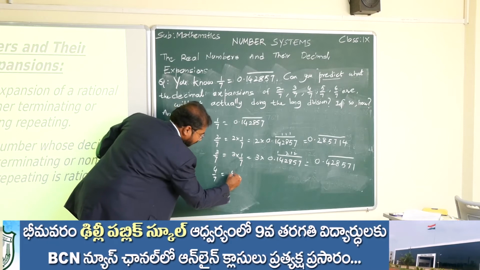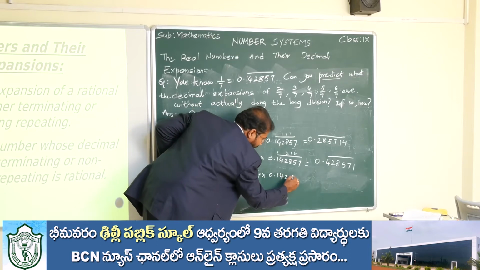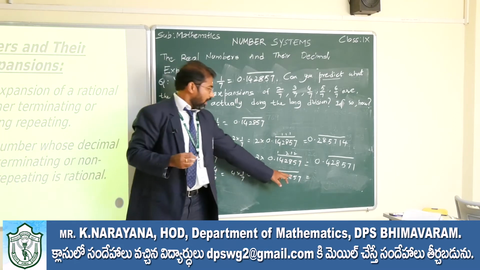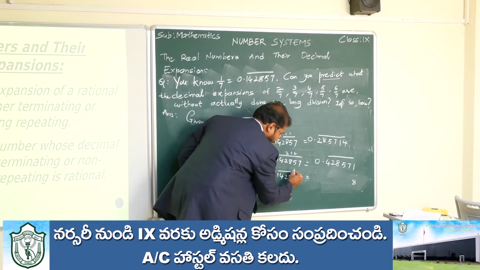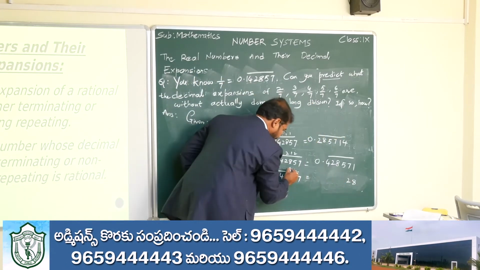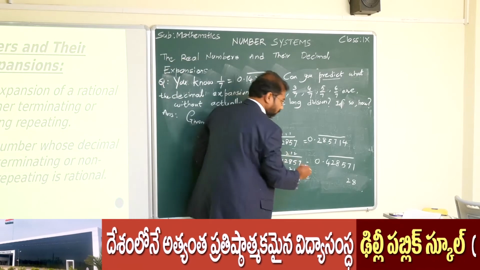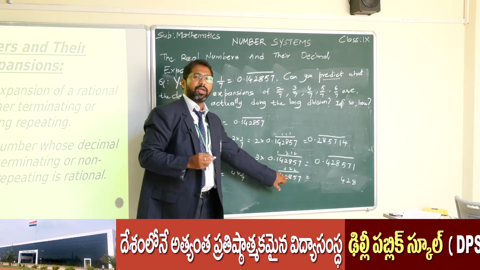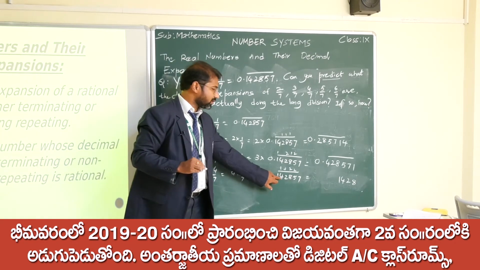Next, 4 by 7, which is equal to 4 into 1 by 7, which is equal to 4 into 0.142857 bar, so I will multiply every digit with 4. 4 7s are 28, 2 carry forward, 4 5s are 20, 20 plus 2 is 22, 2 carry forward, 4 8s are 32, 32 plus 2 is 34, 4 I will write there, 3 carry forward, 4 2s are 8, 8 plus 3 is 11, 1 I will write here and 1 carry forward, then 4 4s are 16,